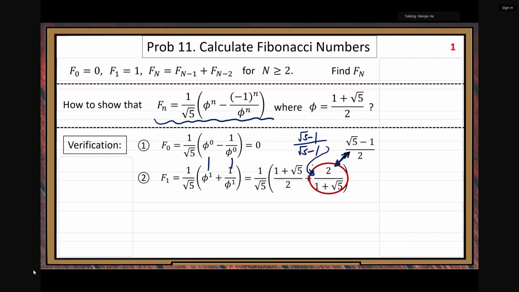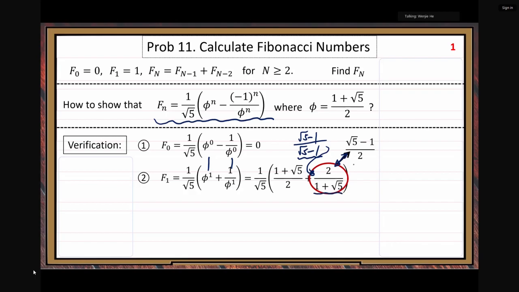Because it's 1, you do not change that fraction. The same number appears at the numerator and the denominator. But where you multiply root 5 minus 1 by 1 plus root 5,